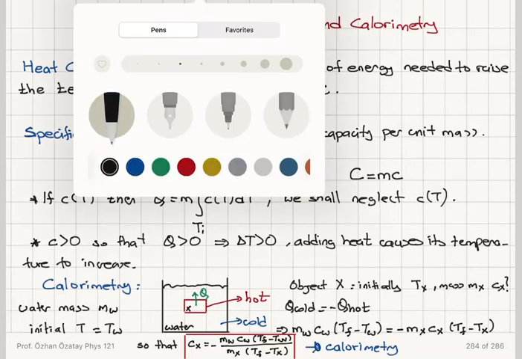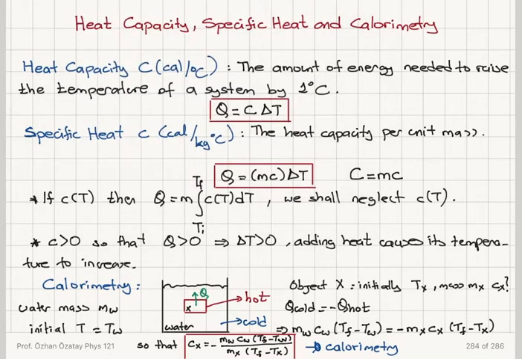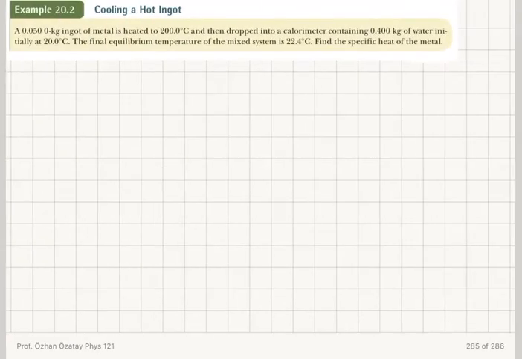Now I want to look at a few examples. A 0.05 kilogram ingot of metal is heated to 200 degrees C. So let me note here, mass of my metal is 0.05 kilograms. The temperature of the metal ingot is 200 degrees C, and it is then dropped into a calorimeter containing 0.4